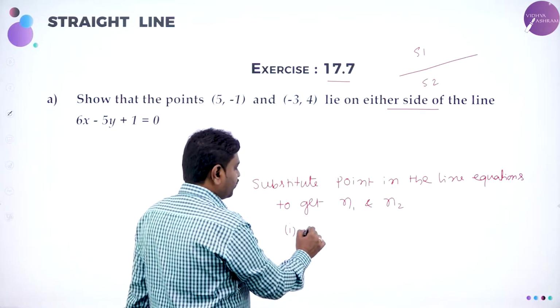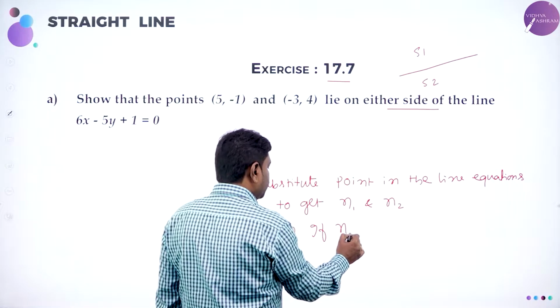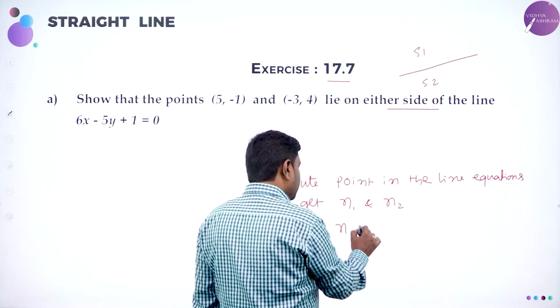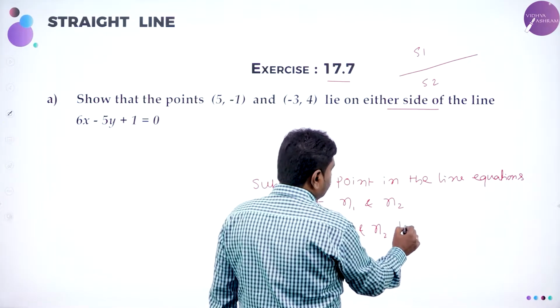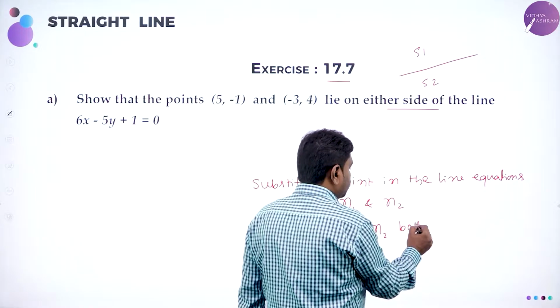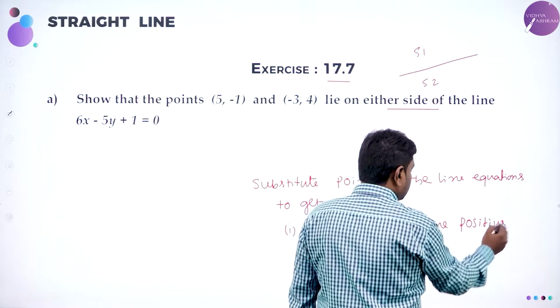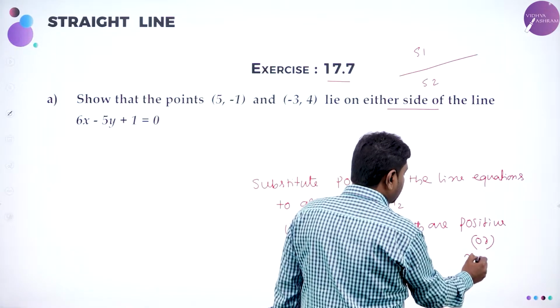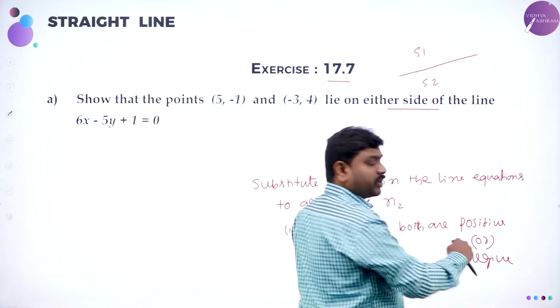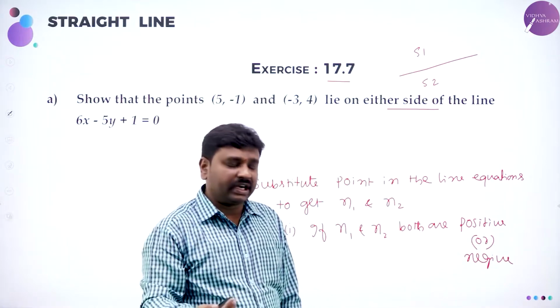If the n1 value and the n2 value both are positive, or both are negative, meaning both you may get positive or both you may get negative,